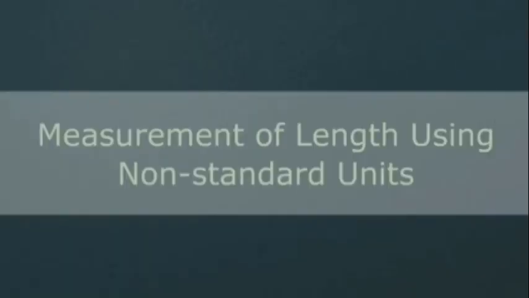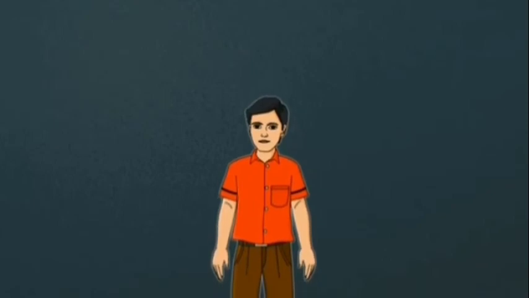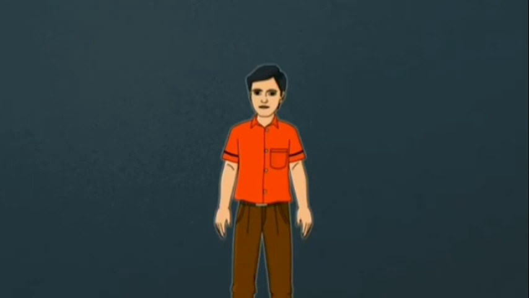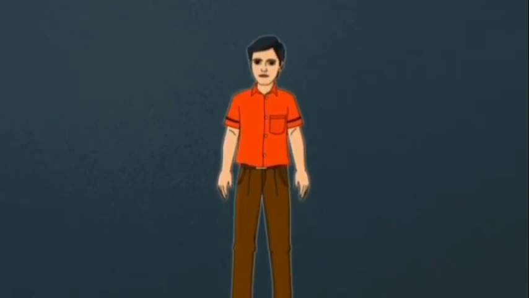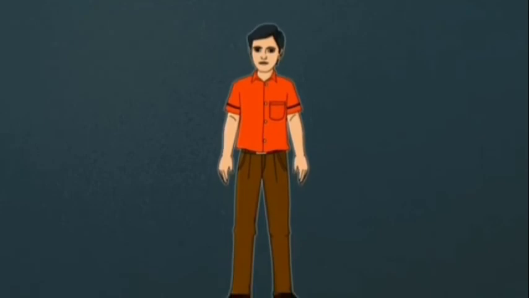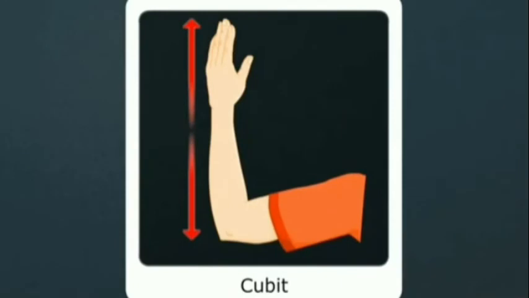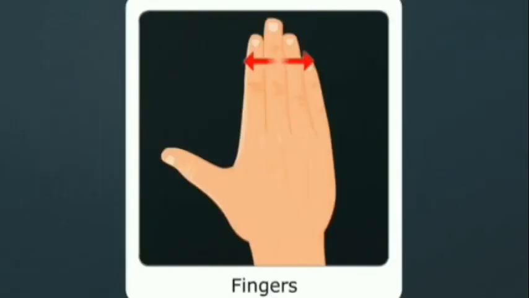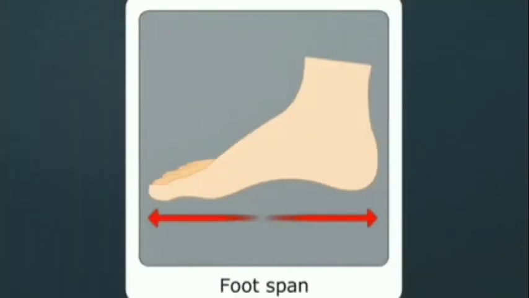Measurement of length using non-standard units. We can measure a length with the help of body parts. They are called non-standard units. These non-standard units give a rough estimate of length. Yes, they differ from person to person. Some of them are handspan, cubit, fingers, palm, footspan,